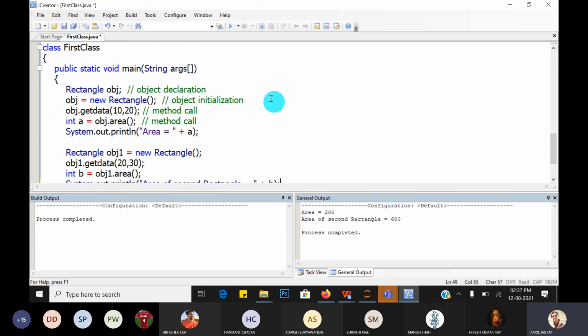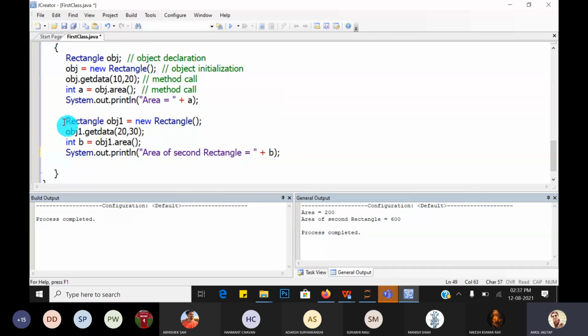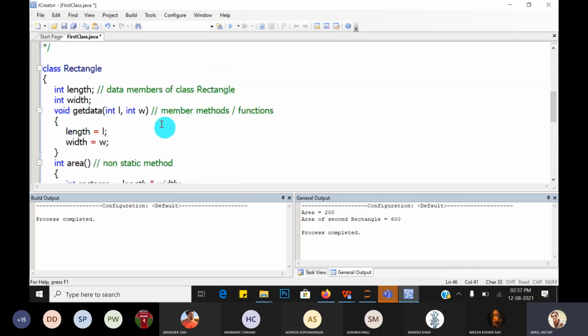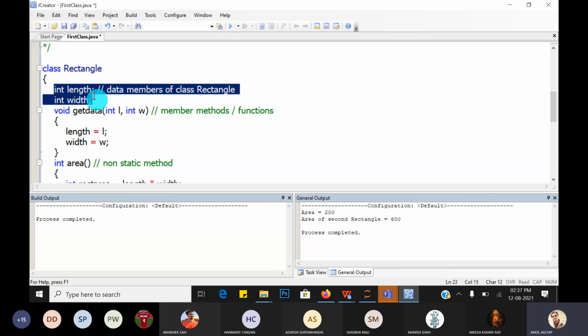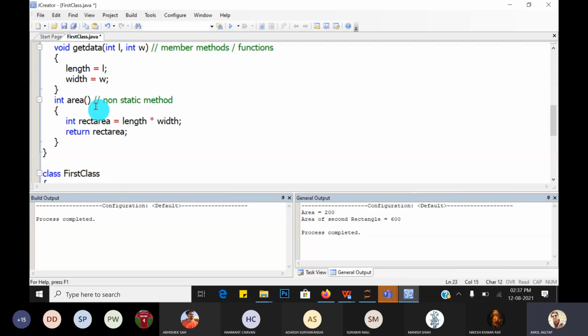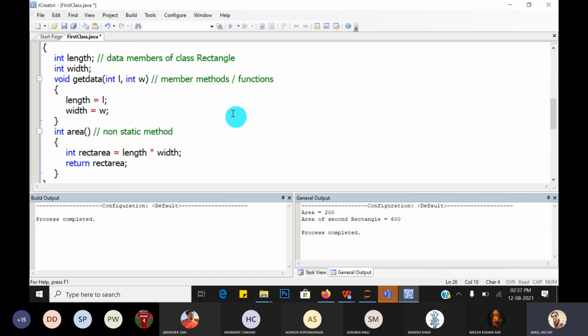Yes, I hope you understand how this works. When you create the object, it calls the constructor of that particular class by using the new keyword. The new keyword dynamically reserves the space on the heap partition of your RAM for the data members, length and width. So what is the keyword here? this dot length. This is the object reference in Java, but